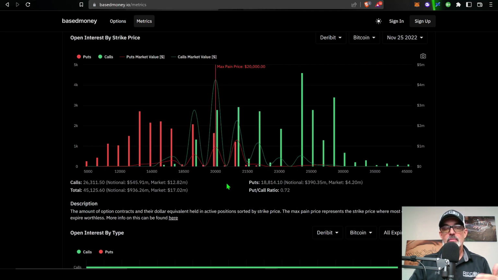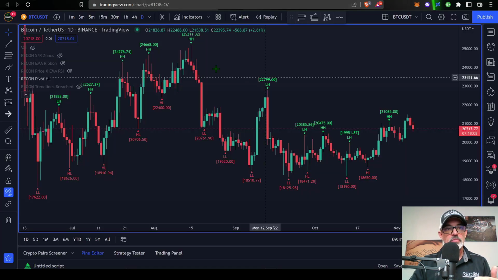Right now, however, with Bitcoin's price trading between 21,000 and 20,000, the battle between the bears and the bulls to get the max value out of their options continues until one or the other gets the upper hand, or it's quite possible that the price of Bitcoin closes here in the next couple weeks at the end of the month, right around this maximum pain price of 20,000. So with that all being said, let's jump into the charts, and we will start over on the Bitcoin USDT